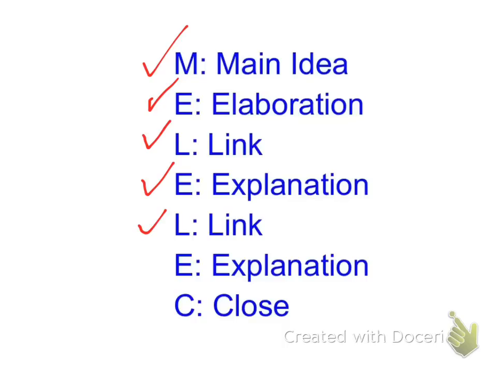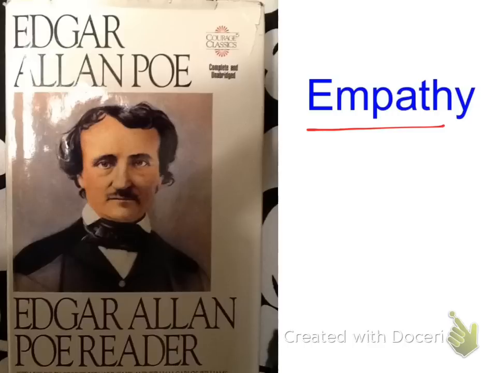For a theme paragraph, the second link can come from the same piece of literature that was used for the first link. This link can also come from a second piece of literature or a critical source. The second E is the explanation of how the second link proves the main idea. And the C is a closing thought about the main idea.